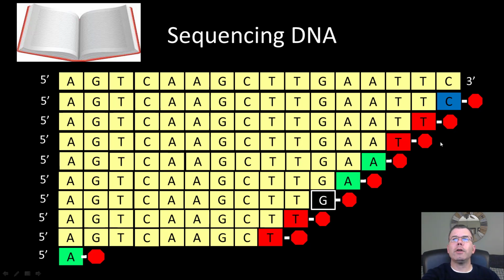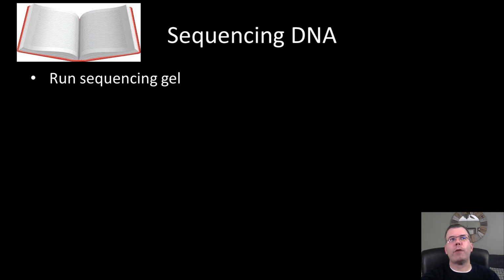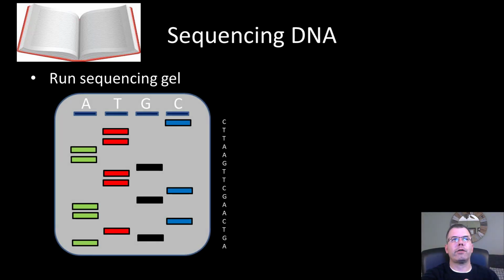And so the other interesting thing, like I said, is these things are labeled with a fluorescent dye. And so now, instead of using our eyeballs to see the fragments, which is what was done before, we can use computers with lasers to actually see these nucleotides and give us the sequence very quickly. So what happens is you take those fragments and you run them on a sequencing gel like so. So again, remember those colors. You run them on those gels, and those gels would tell us the sequence based on, again, small fragments on the bottom being the smaller sequence,